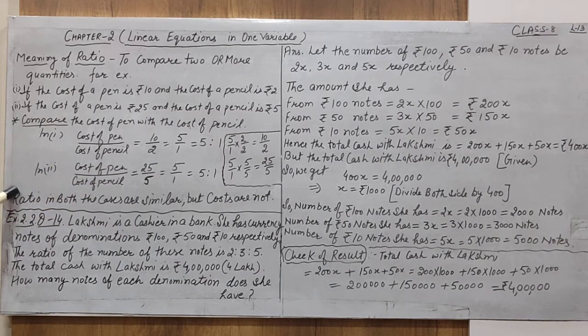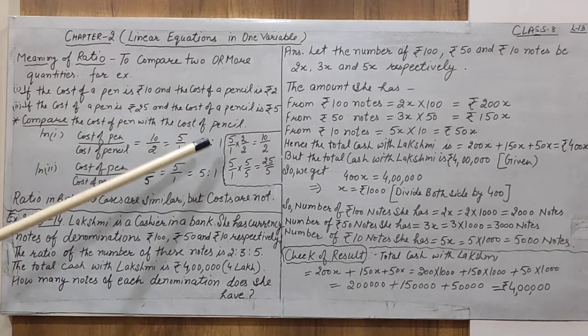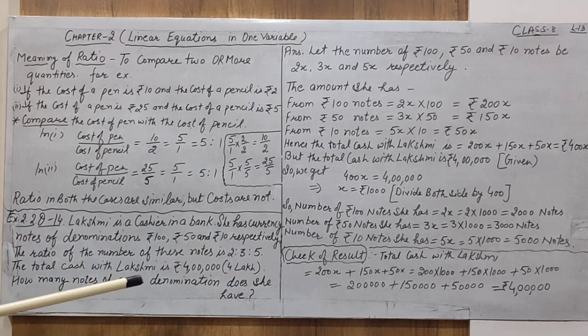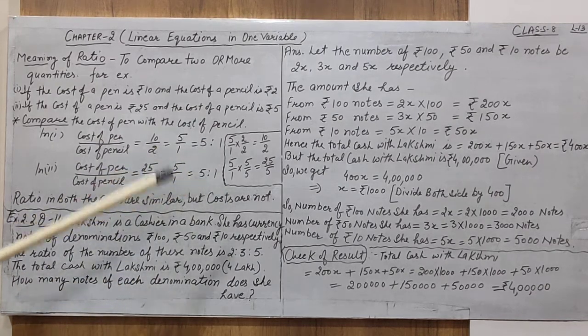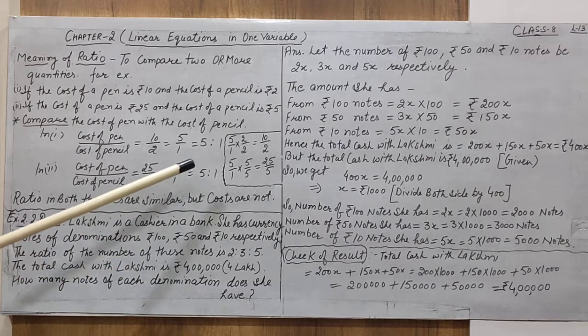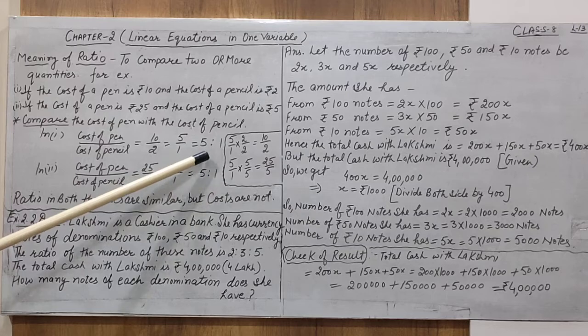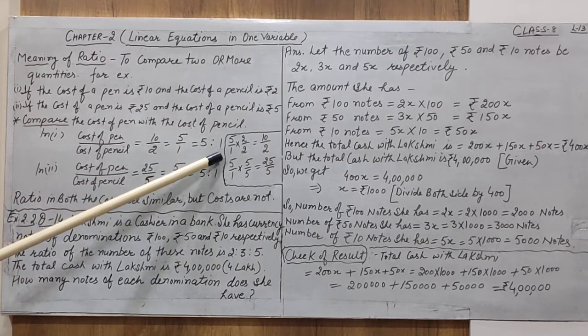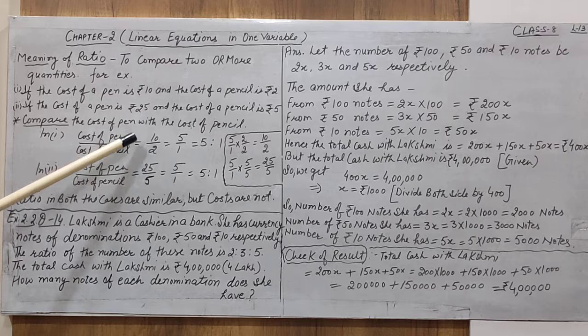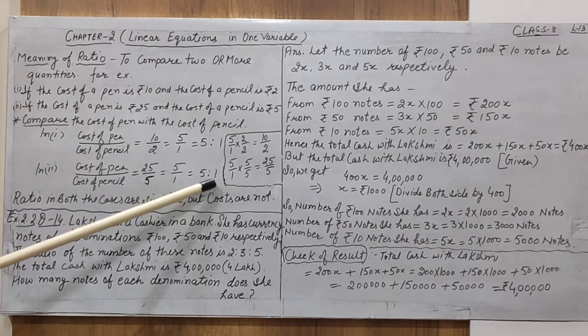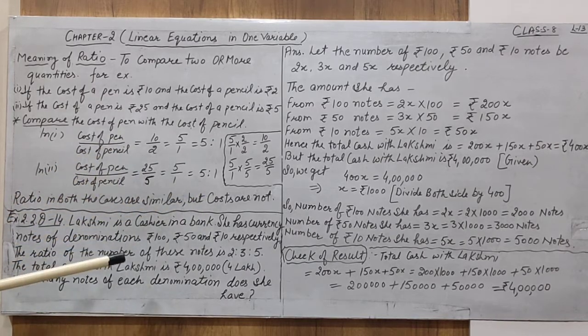Now understand from these two examples. In the two examples, the costs are different, but the overall ratio is similar. Understand? So if only the ratio is given to you, suppose I have given you that the ratio between the cost of pen and the pencil is 5:1. Can you give me their exact cost? No, right? Why? Because the ratio 5:1 can be obtained with the help of 10/2, or 5:1 can be obtained with the help of 25/5.